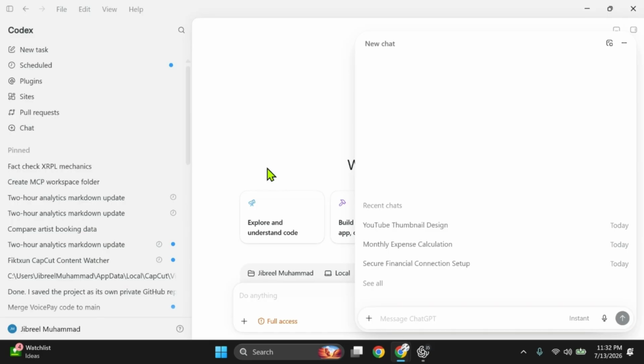ChatGPT got really famous around ChatGPT 3.0 or so, where people saw the capability of this system being able to actually build code. It wasn't doing what it's able to do now, but it was able to produce clean code.